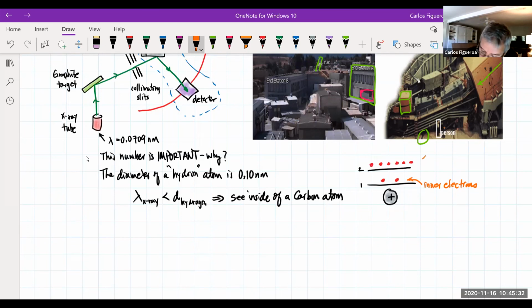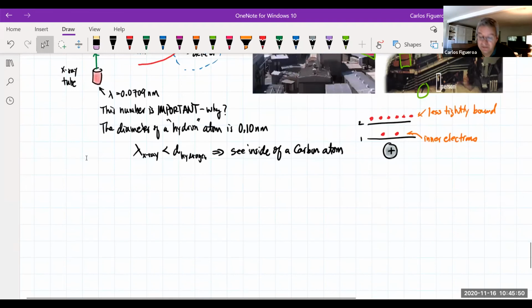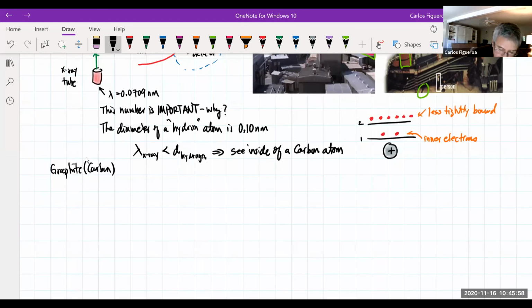And then these guys here are less tightly bound. Okay, less tightly bound. So that's what you're going to see here. If I look at the graphite, remember, if I say graphite, I really mean carbon. So if I look at my graphite target,